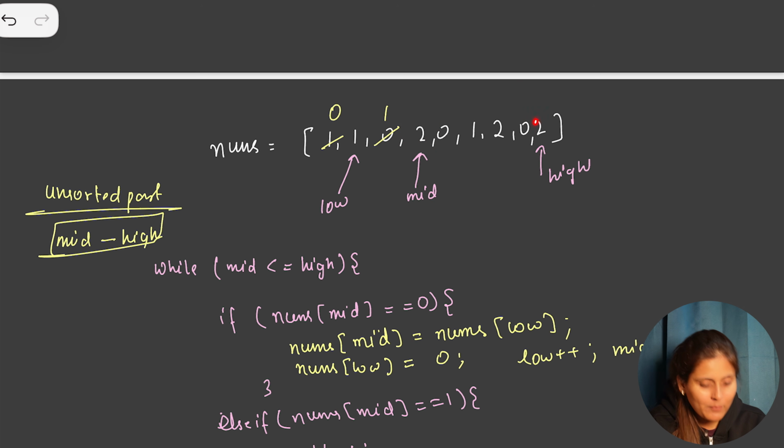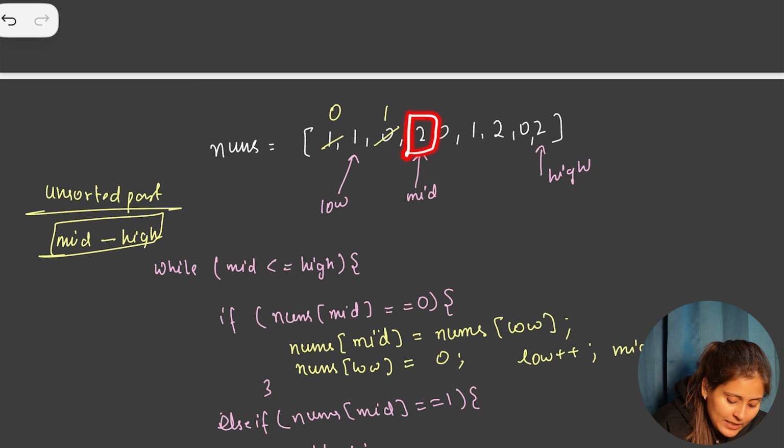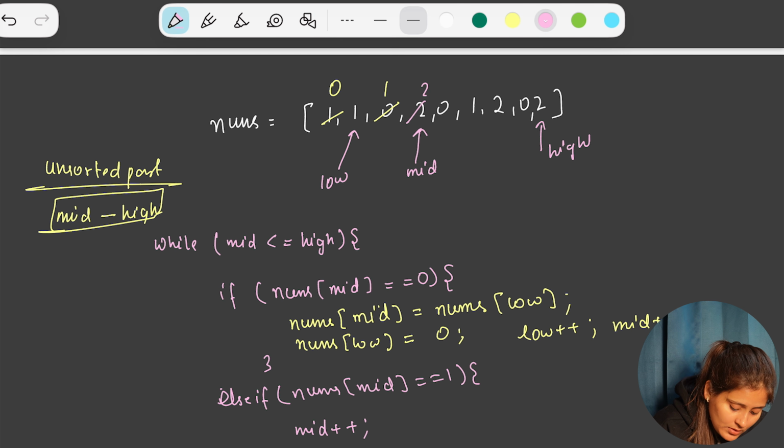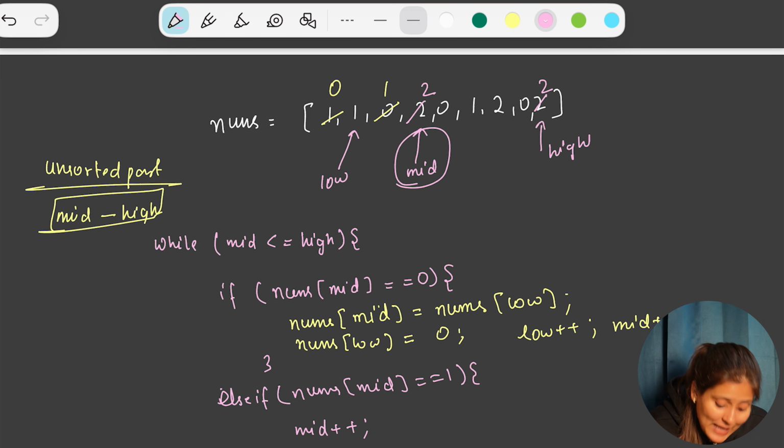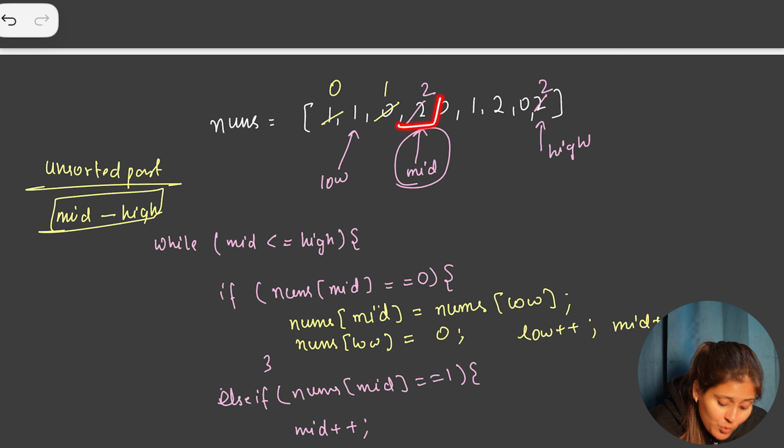Although it has 2, we don't take care of what high is holding. We will just take care of what mid is holding. So mid value is 2, so mid value will be swapped with high. Now, do you think mid should move ahead without checking what mid is holding currently? No. Correct? So that is my condition: when mid is having 2 value, after swapping, only high